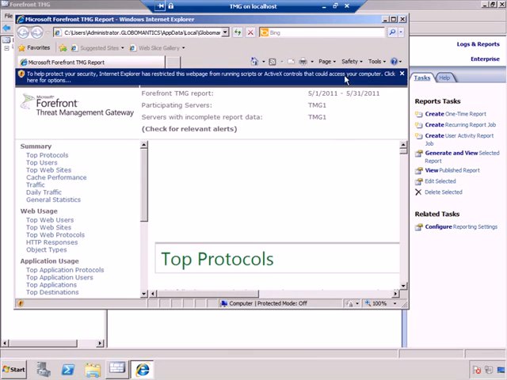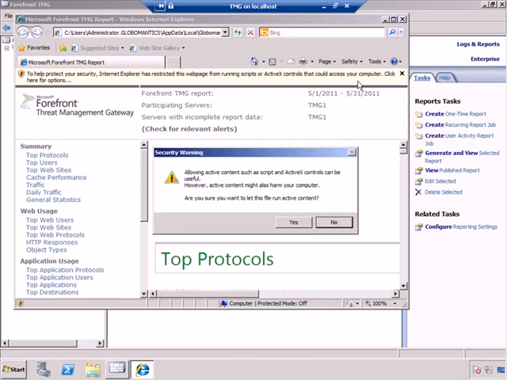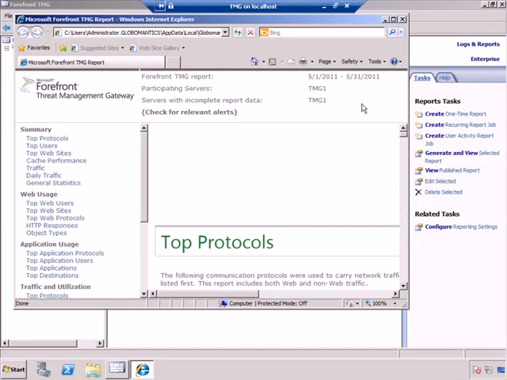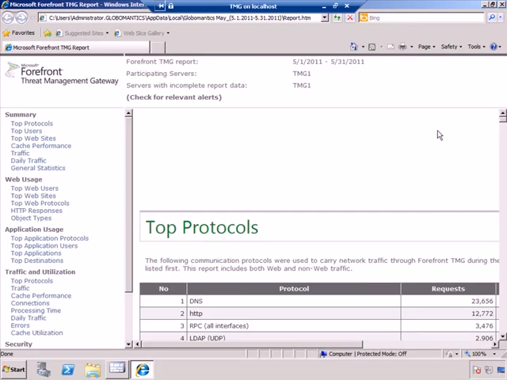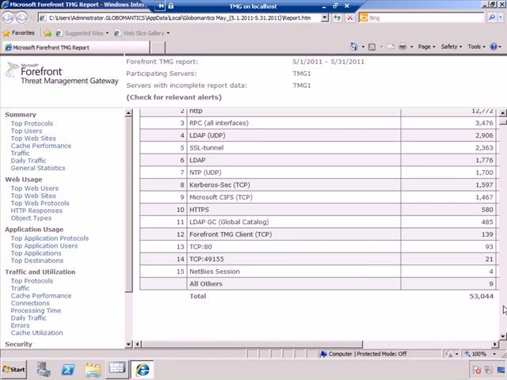Now I'm going to allow the ActiveX stuff to run, allow the blocked content, because I want to see everything. And I'll maximize the screen so we can see the report. And you can see that we have our top protocols, and over here, there's navigation at the left-hand side of the report. So there's our top protocols,